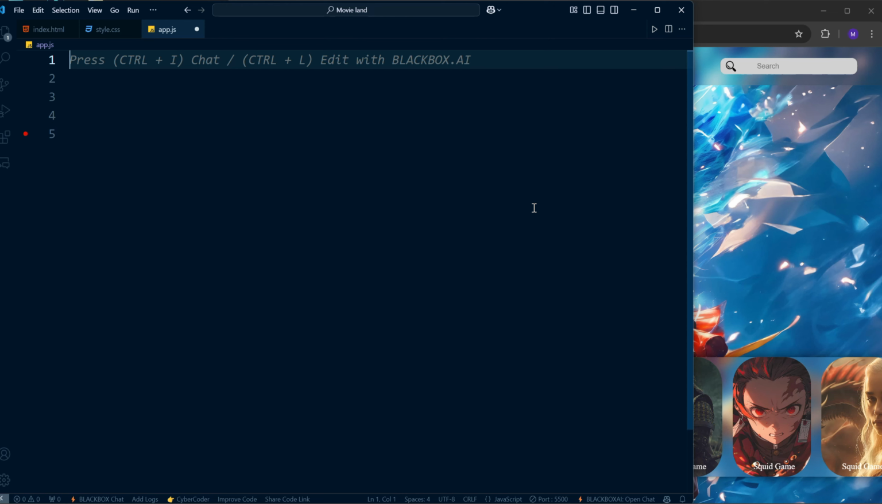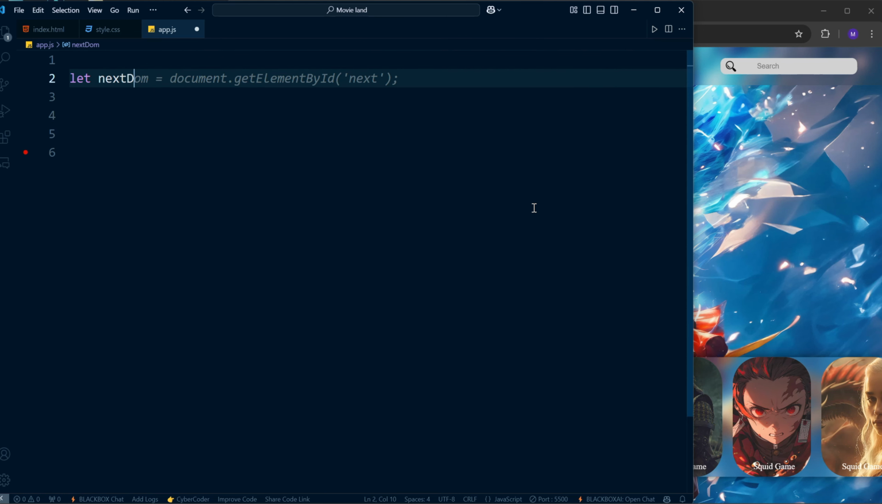The first step is to access the HTML elements we'll be working with in JavaScript. Here's how we do it. 1. Start by selecting the Next button. Use document.getElementById and pass the ID of the Next button as a string. Save the result in a variable called nextDom. In JavaScript: const nextDom = document.getElementById('next');